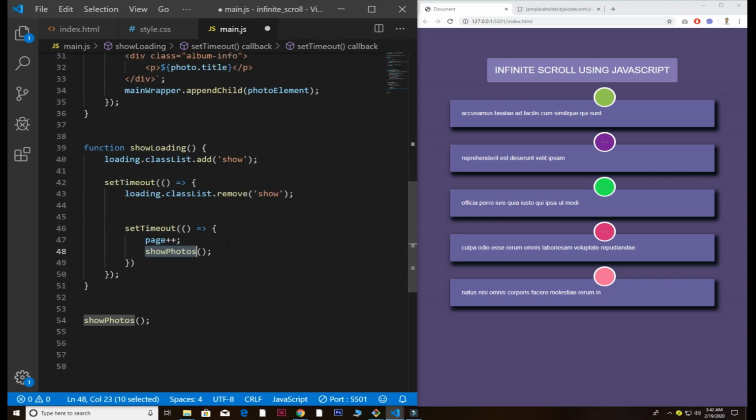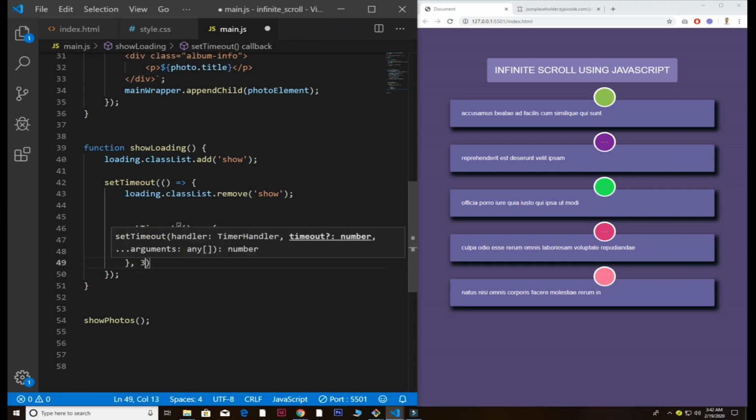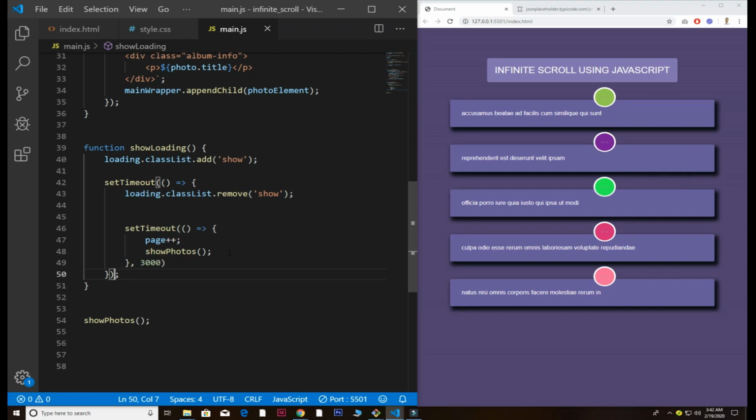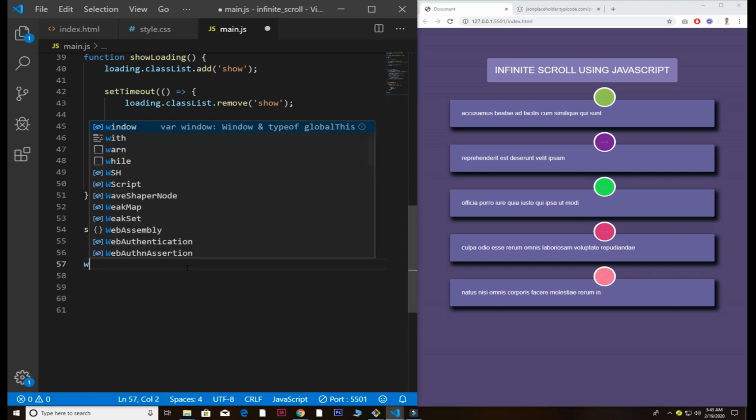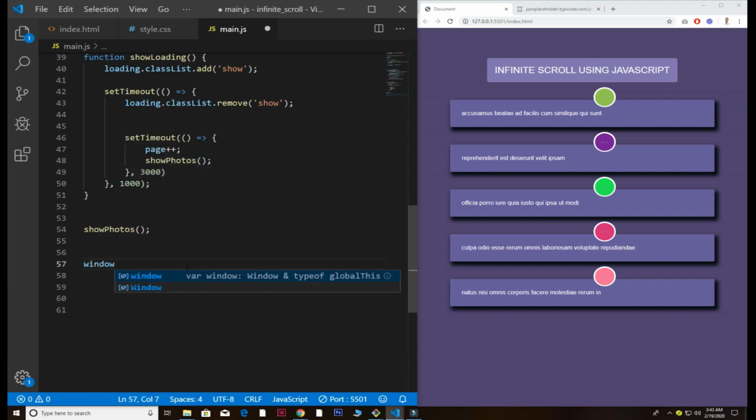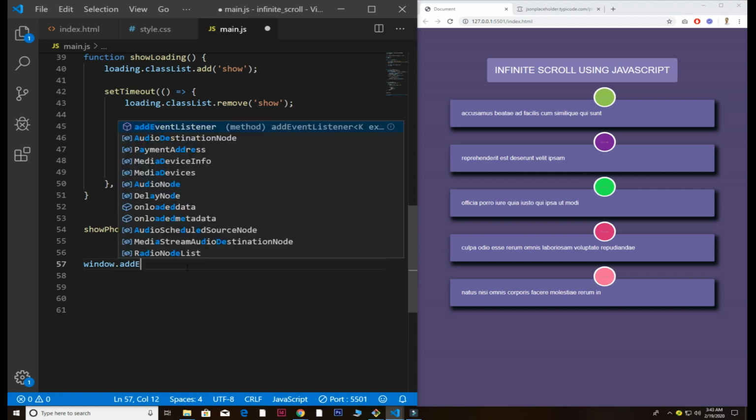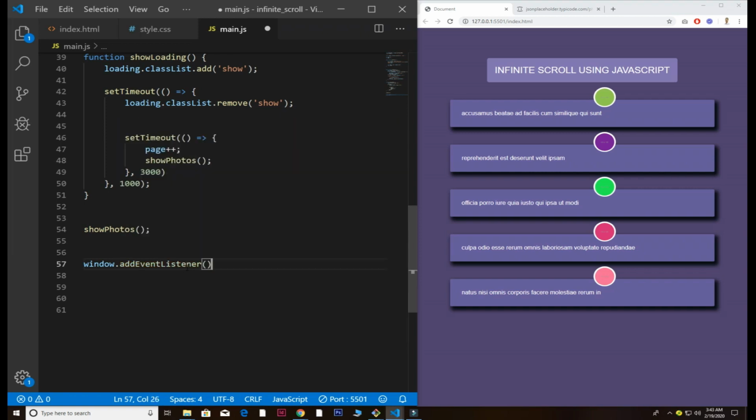All right, so now this will call the function, and I want to have the delay of 3 seconds, and while we just remove that, it will have a delay only of 1 second. All right, so now I want to create the event for that. So remember that there's a window property. I use the add event listener property. Sorry, add an event. So I add the event for the scroll because I want to use a scroll event here, and